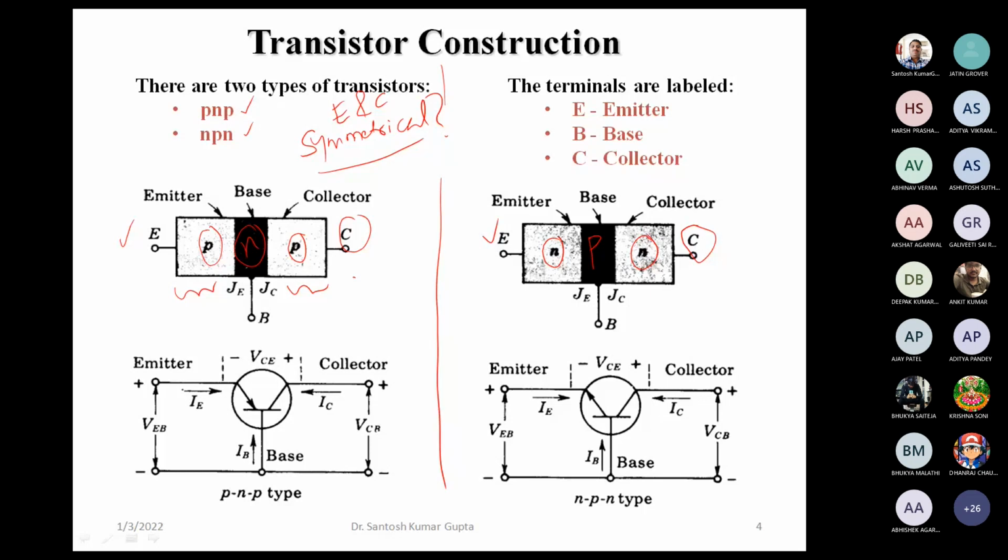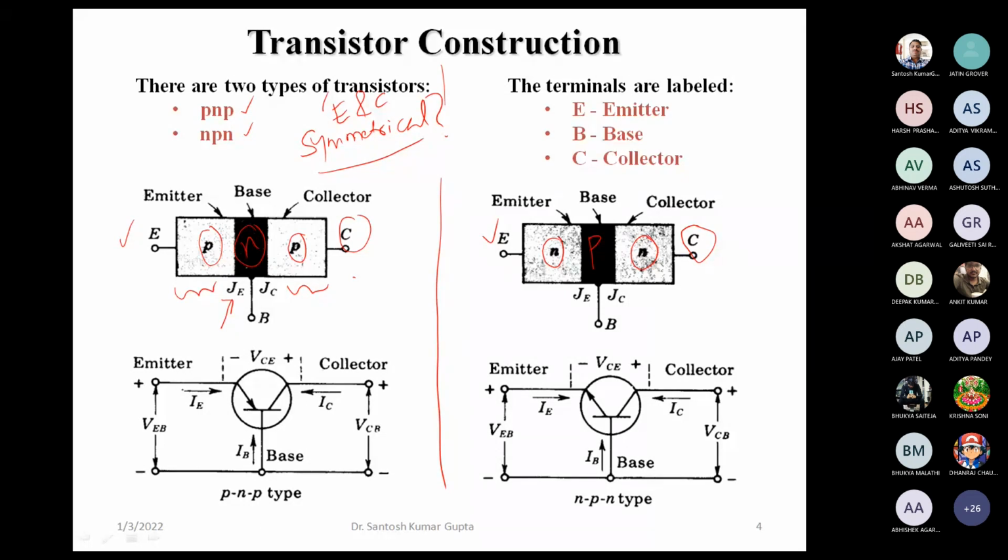So we have two junctions here. The junction on the emitter side, in the emitter and collector case, whose doping level is high, yes, as we will be discussing in a moment. That's why I put this remark here. Emitter and collector seem to be symmetrical, but indeed they are not symmetrical. So non-symmetry comes from the point which you are pointing out here, that they are not symmetrically doped.